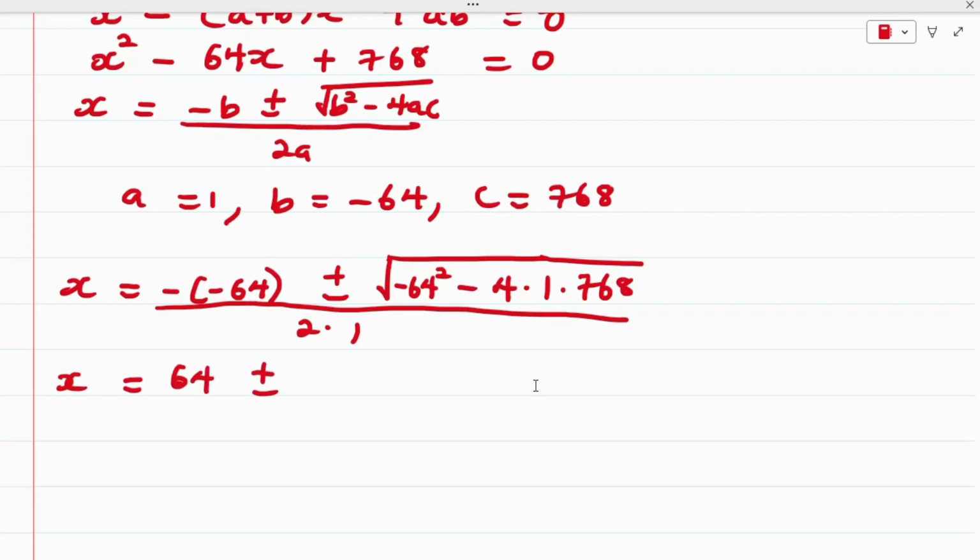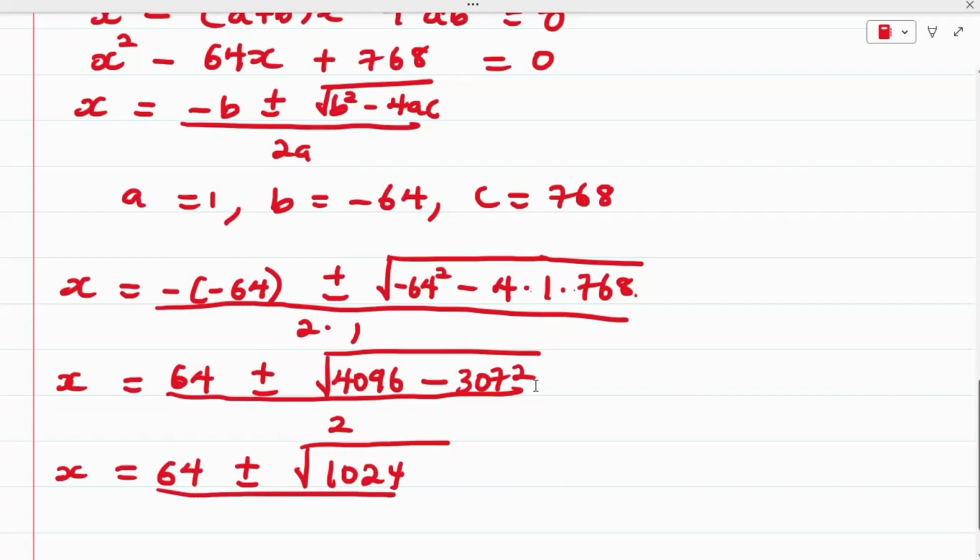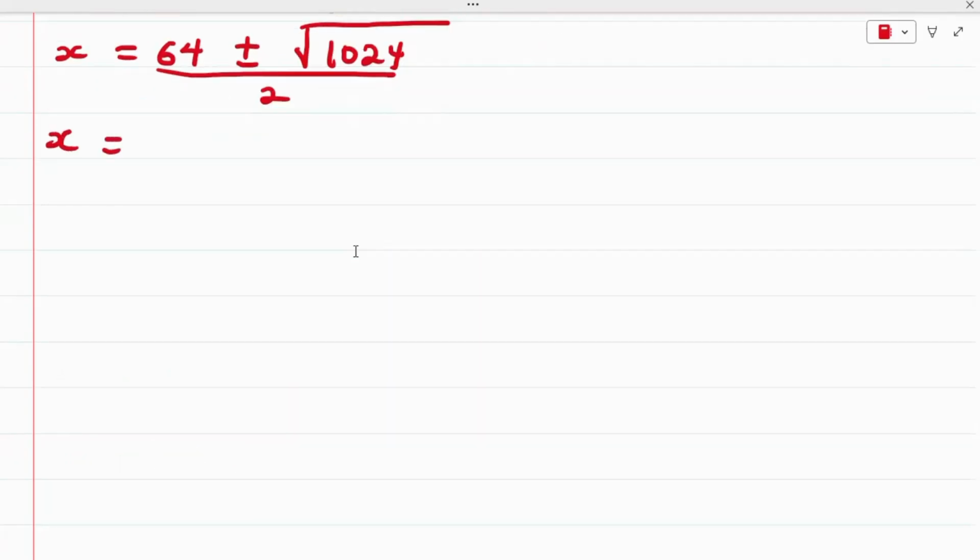64 plus or minus the square root of minus 64 squared, which is going to give us 4096, minus 4 multiplied by 1 multiplied by 768, which will give us 3072, divided by 2 multiplied by 1, which is 2. So we have that x equals 64 plus or minus the square root of 4096 minus 3072, which will give us 1024, divided by 2. So we have that x equals 64 plus or minus the square root of 1024, which is 32,